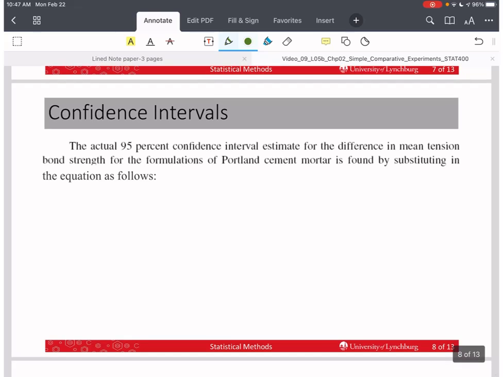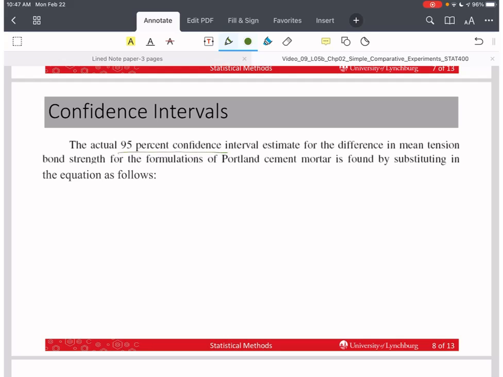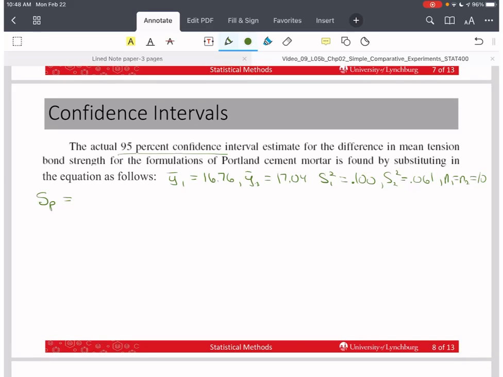So if we want to plug in the actual confidence interval here, we want the 95% confidence interval estimate for the difference in the mean tension bond strength for the formulations of the Portland cement mortar. We just substitute into that equation. So we need to know our numbers from before. We have y1 bar equals 16.76, y2 bar equals 17.04, s1 squared equals 0.1, s2 squared equals 0.061, and n1 equals n2 equals 10. So the first thing I'm going to calculate is s sub p, which is the square